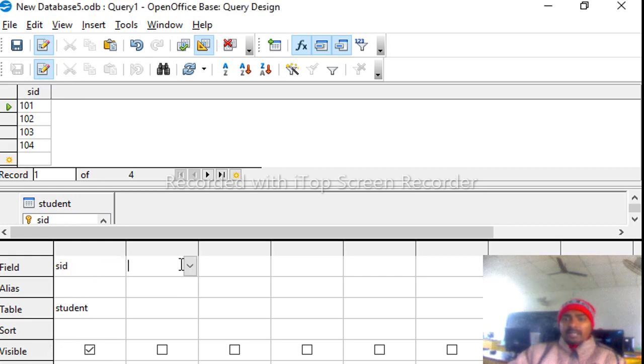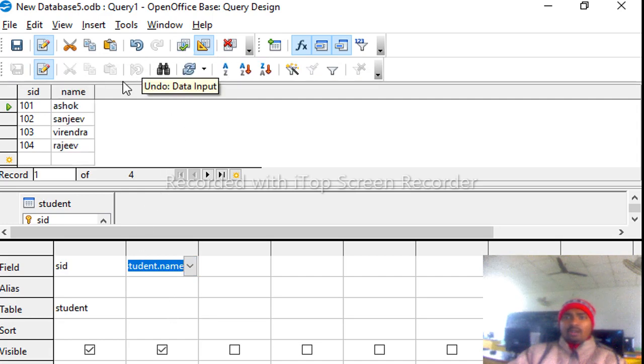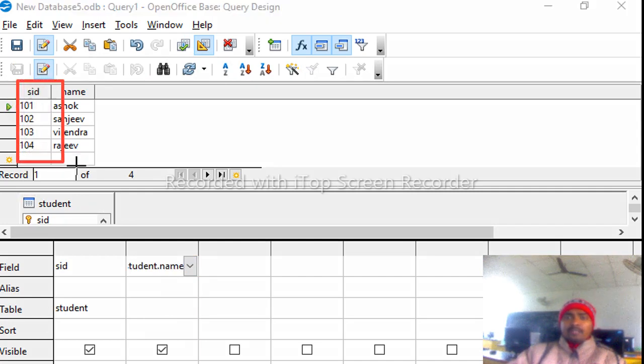Then in the second column select name and run again to check the output. We can see here as output there are two fields displayed, SID and name, with all records. Are you getting me?